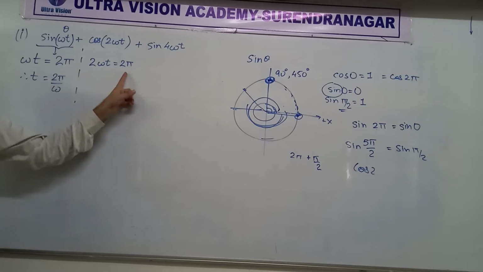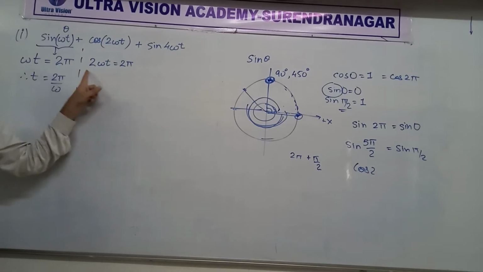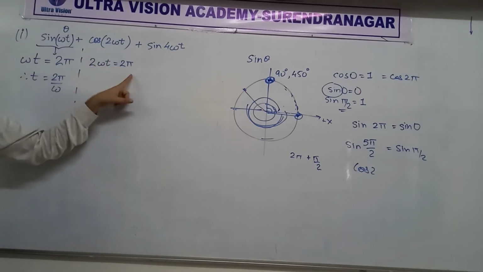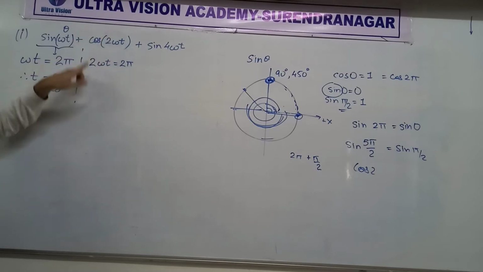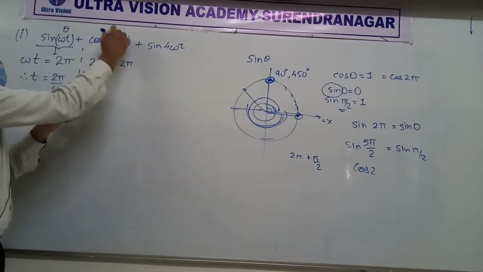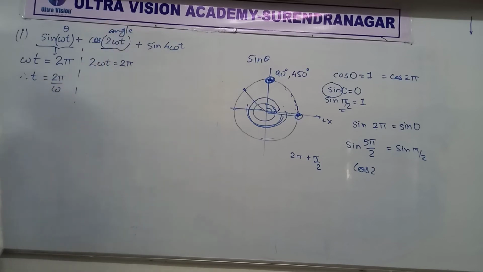Okay, this is clear. I'm going to pause over here. Is this clear? Why am I writing 2 omega t is 2 pi? Why am I not writing omega t is 2 pi? Because this all is the angle, right? Say yes or no, then we'll proceed. Okay, so mostly it's a yes. Right? Math students are going to have a very nice day today in physics.